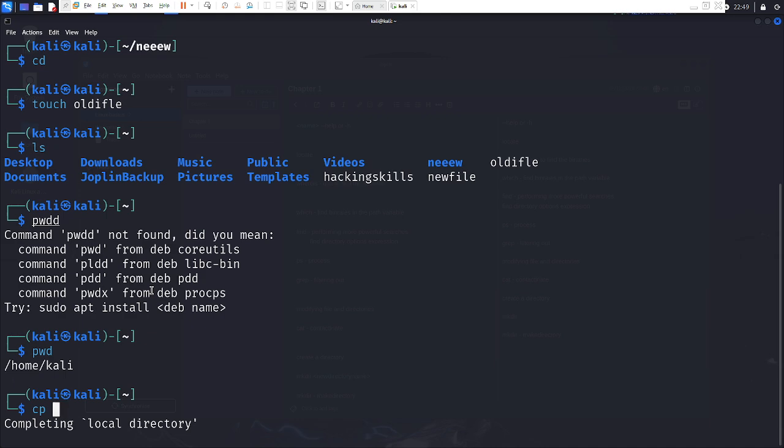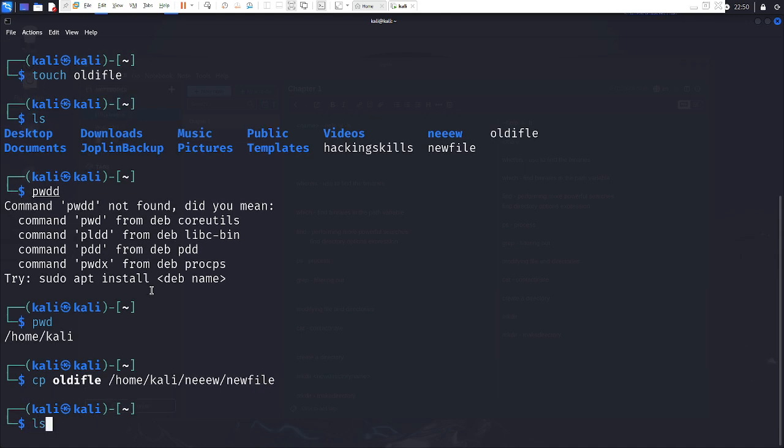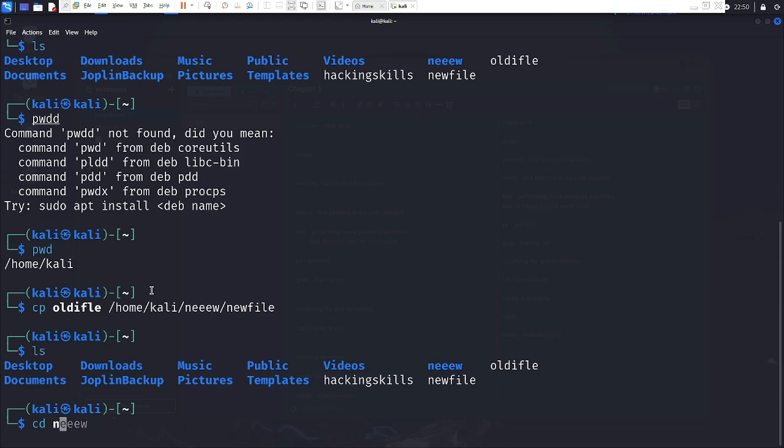Yeah, now I use old file, then home, then kali, then it's in my new folder, then I will type new file. Now let's see what happens. If we go to new,